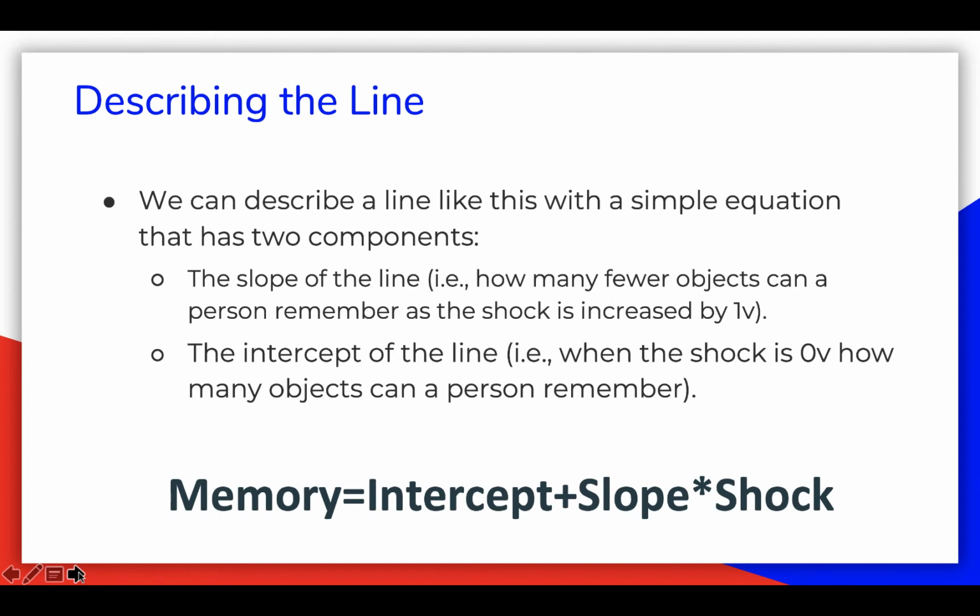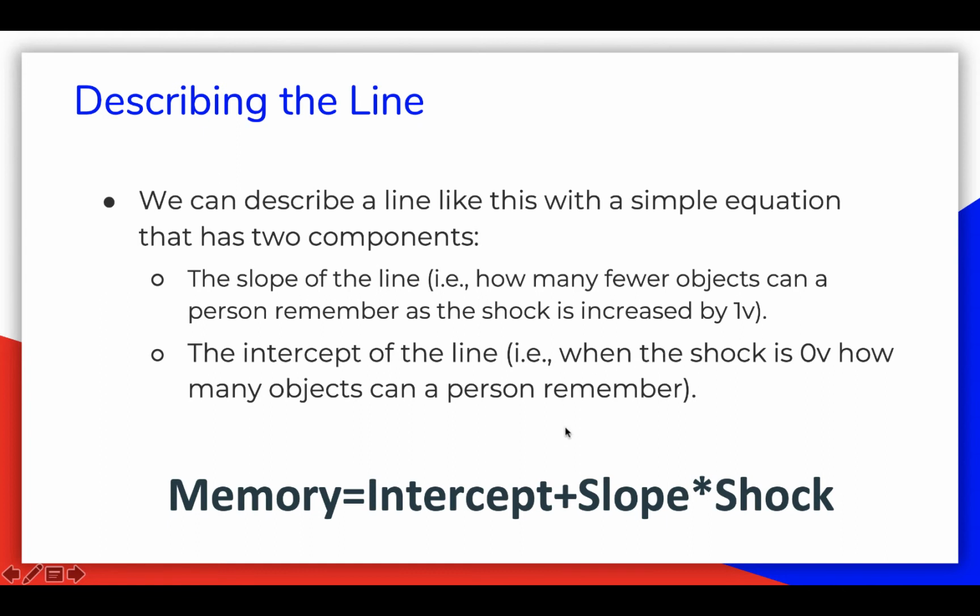So we can describe a line like this with a simple equation that has two components. If you recall from algebra, y equals mx plus b, right? M in that case is the slope of the line, and b is the intercept of the line. So the slope, m, in our case, is how many fewer objects a person can remember as the shock is increased by 1 volt. The intercept of the line is how many objects we would expect someone to remember if